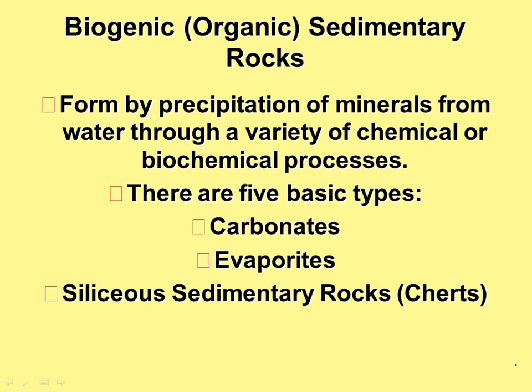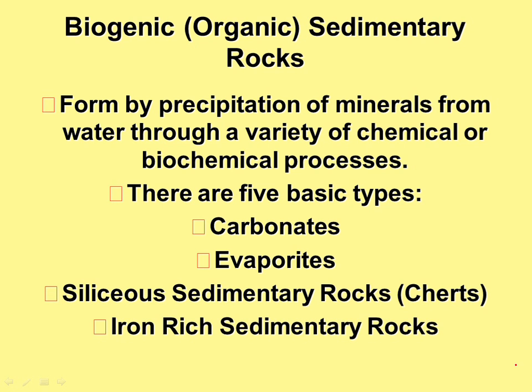There are siliceous sedimentary rocks such as the cherts, and there are iron-rich sedimentary rocks, and finally there are phosphorites, and if you go into the literature you can find more. But in general terms, this grouping of 4 or 5 different types covers a large range of the biochemically generated